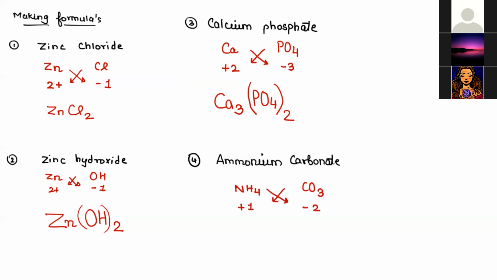Now ammonium already has one number as NH4. So if there is another number, we'll put a bracket, and CO3 bracket 1. But we know that we do not write 1 in our formula, so this is not required. So it is just (NH4)2CO3. Is this very clear how to write the formulas of the polyatomic ions? Yes. Please take this down, and then I'm going to give you some questions to do now.